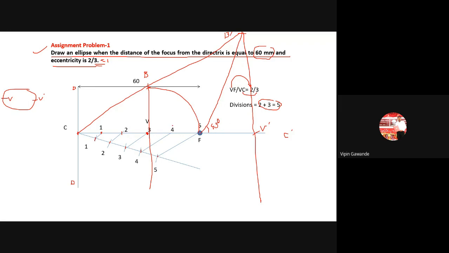का नाही घ्यायचा? कारण पॅराबोला आणि हायपरबोला मध्ये एकच वर्टेक्स असतो, तो आपल्याला आधीच मिळतो. हा वर्टेक्स आपल्याला तिथे आवश्यकता नसते. आणि हा कशामध्ये असतो? फक्त इलिप्स मध्ये असतो, म्हणून आपण इथे 45 डिग्रीचा अँगल घेतो. ओके, otherwise ही स्टेप, 45 डिग्री अँगलची स्टेप, पॅराबोला आणि हायपरबोला मध्ये घ्यायची नाही.